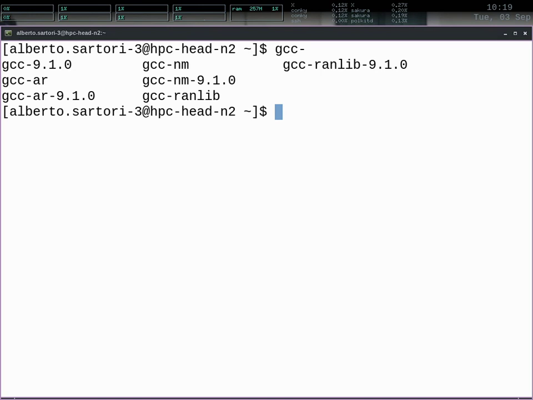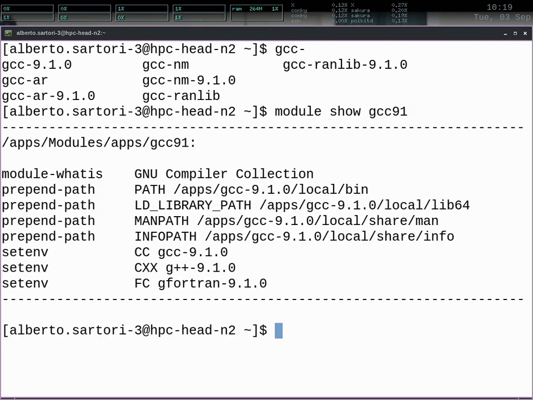Okay, so this is the syntax. You see that prepend path: prepend to this variable, this path. Prepend to another environment variable that you will learn maybe next days, LD library path, this path, and to man path. When you say man something, there is an environment variable called man path, where man will look for a manual for that command, okay, info path,